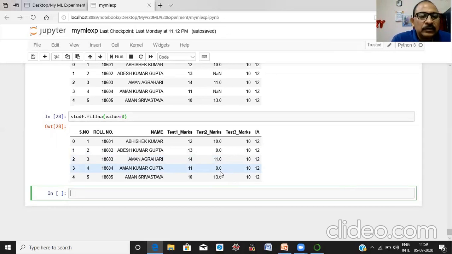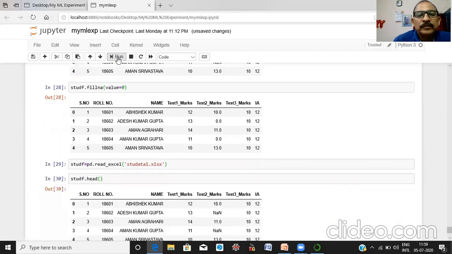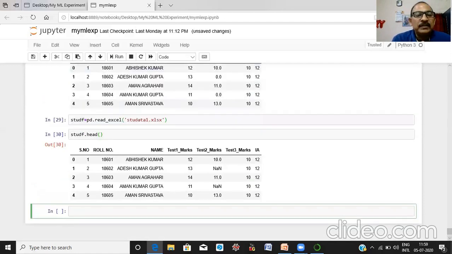again we are going to load our data set. Okay, check it. Our old data set. Now suppose we want to replace the missing values by the mean value. That is how we'll do it.